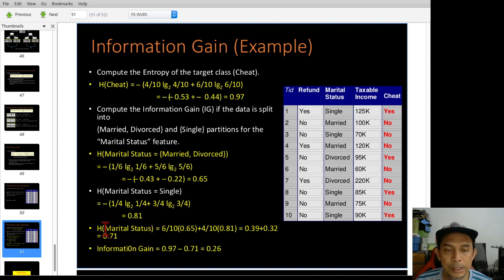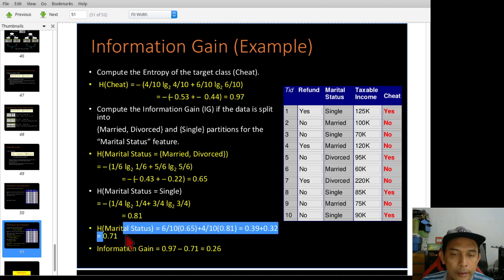Marital status is not straightforward because you need to calculate the entropy for each group first, and then from there you apply this formula, and you come out with 0.71.